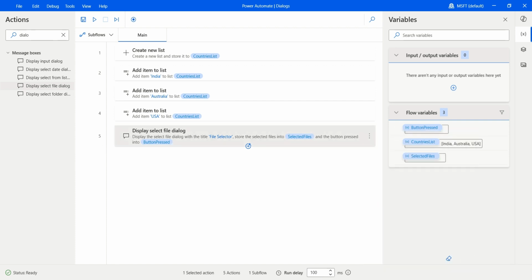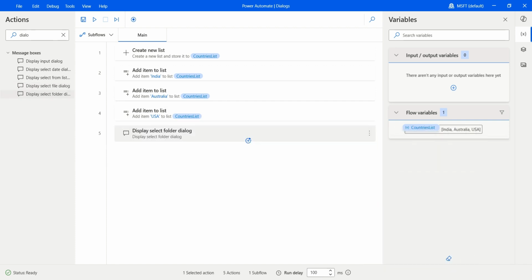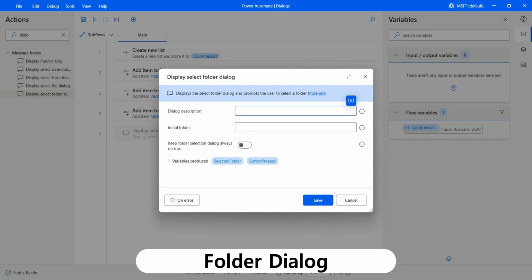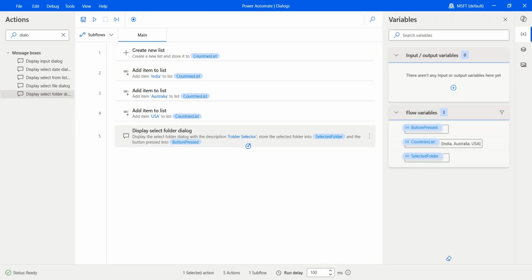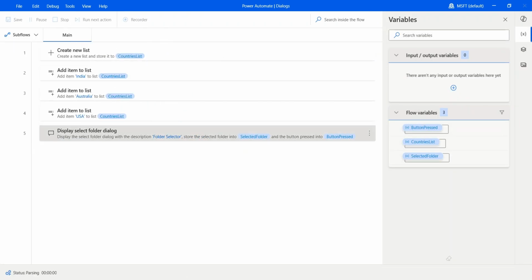So let's go and delete this, and the last is select folder dialog. What that means is it will allow you to select a folder, not the files. So let's call it a folder selector. Initial folder, again I'm just going to keep it as C drive PAD, and keep the folder selection dialog always on the top. You can keep it on. Click on save and click run,